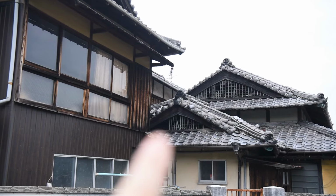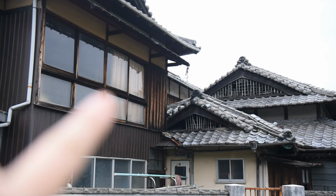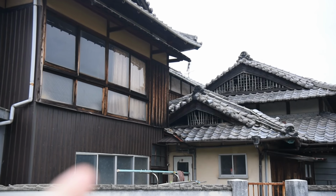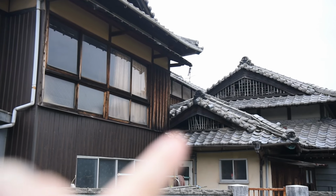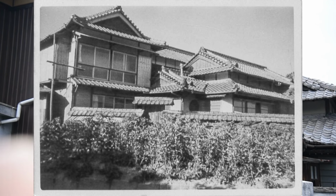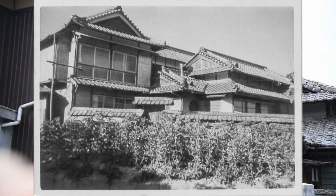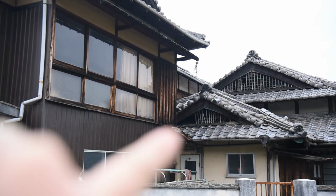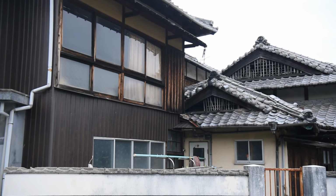So we know from the historic photo that when this second floor was originally built, which was built in 1957, it had a nice eave overhang underneath these windows that matched this one. So this little part of the roof here that looks very confusing and odd actually made sense in the historic